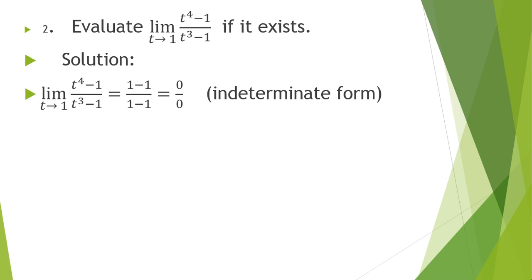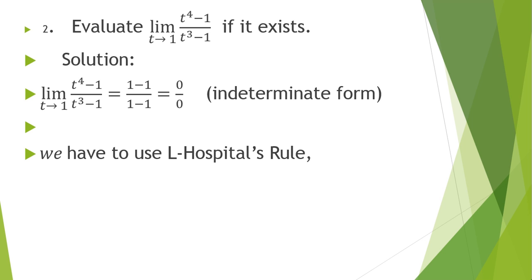Here in this problem, you have to substitute t tends to 1, replace t by 1. Here we get 1 minus 1 by 1 minus 1, that is 0 by 0. 0 by 0 means indeterminate form. 0 by 0 is not a limit. If we substitute and get an indeterminate form, then use L'Hospital rule. L'Hospital rule means differentiate the numerator separately and differentiate the denominator separately. Here in this problem, 0 by 0 indeterminate form, we have to use the L'Hospital rule. We get limit t tends to 1